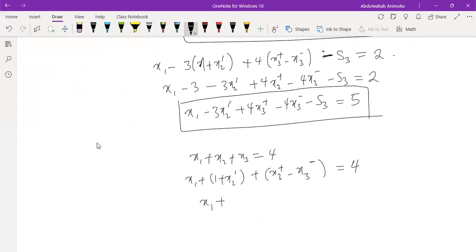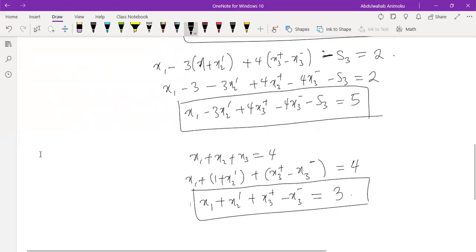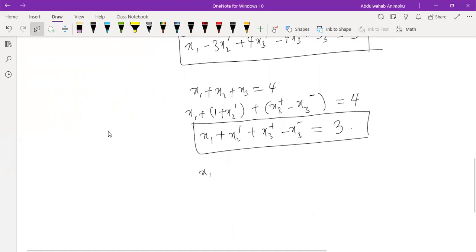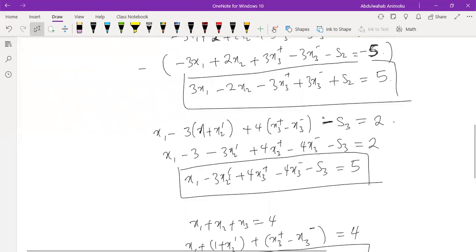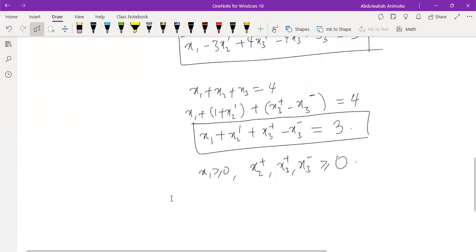So what do you have? x1 plus x2 prime equal to 3, right? So this will be the last one. And now what will be the last condition? Remember that x1 is greater than or equal to 0, and x2 prime is greater than or equal to 0, and x3 plus and x3 minus are all greater than or equal to 0. Now this is the standard form. So basically optimize this first one, which is here, subject to these constraints. This one, the second one, the third one, the fourth one, the fifth one, and then the final condition